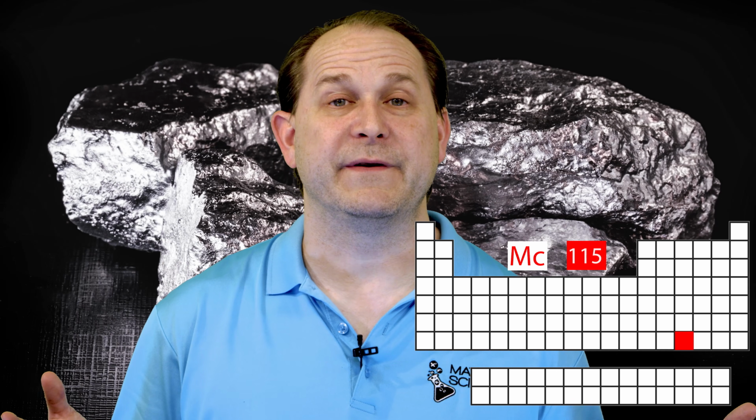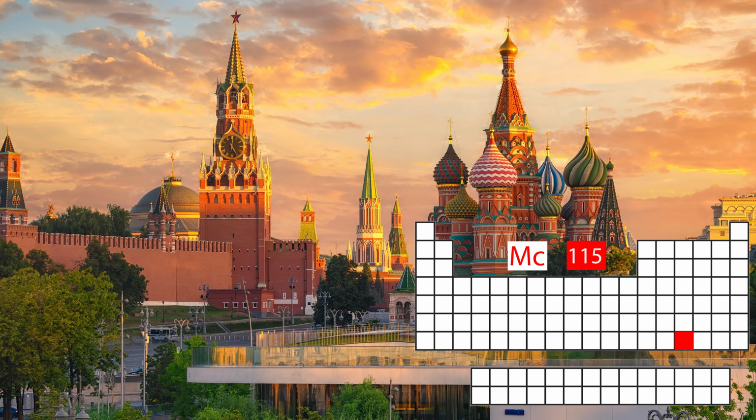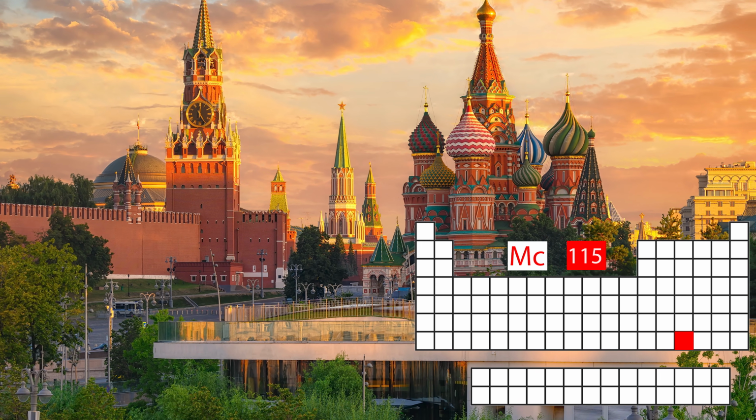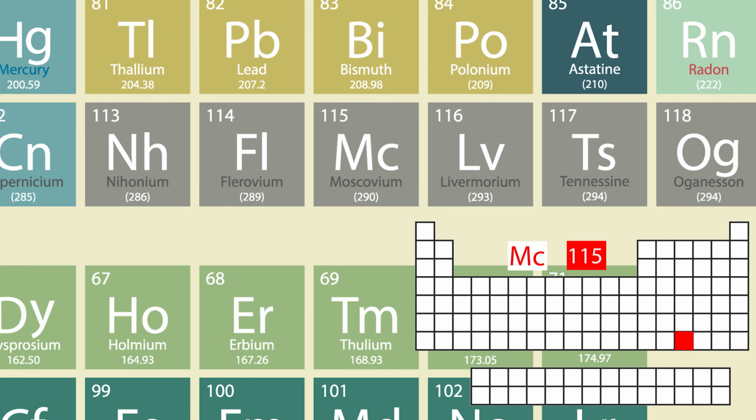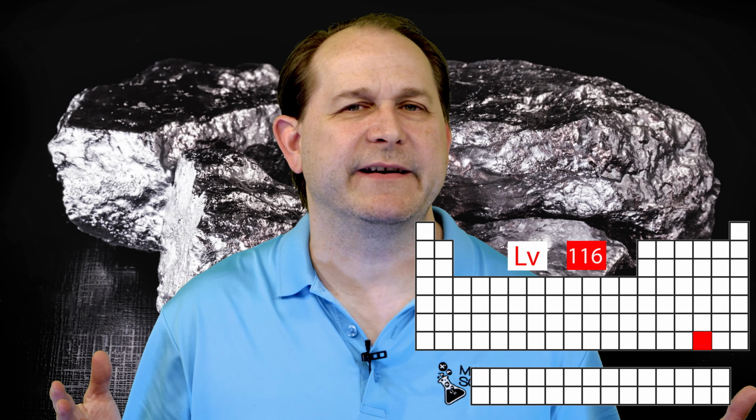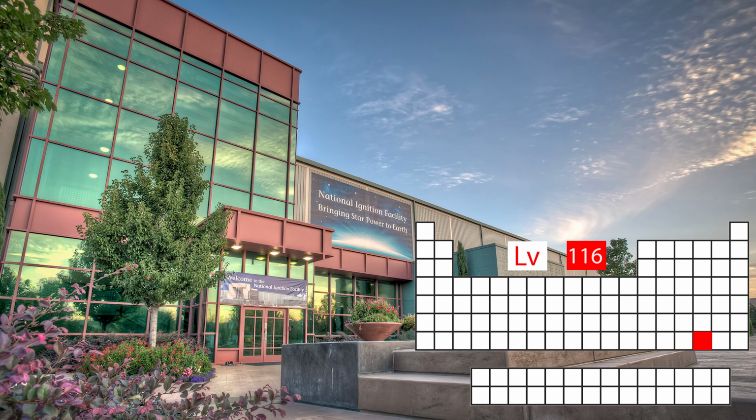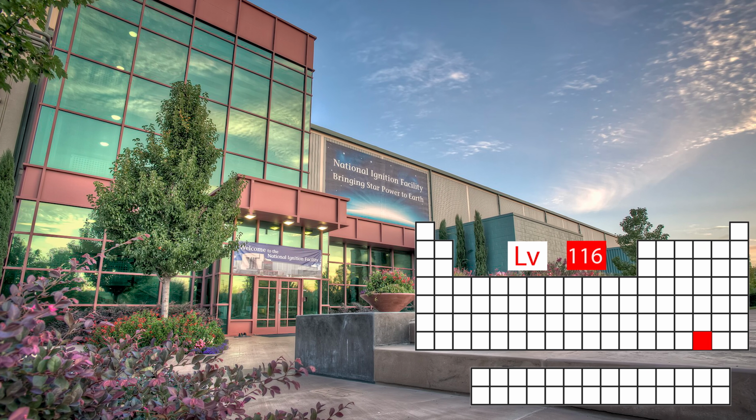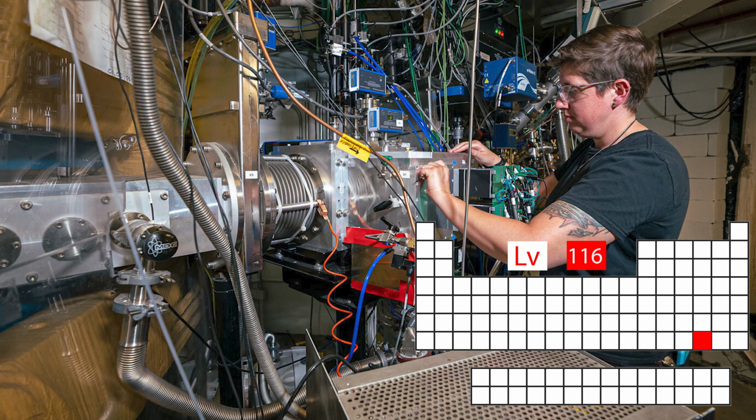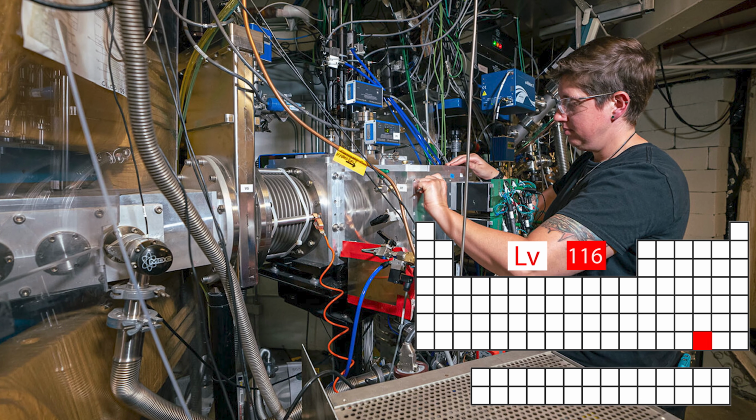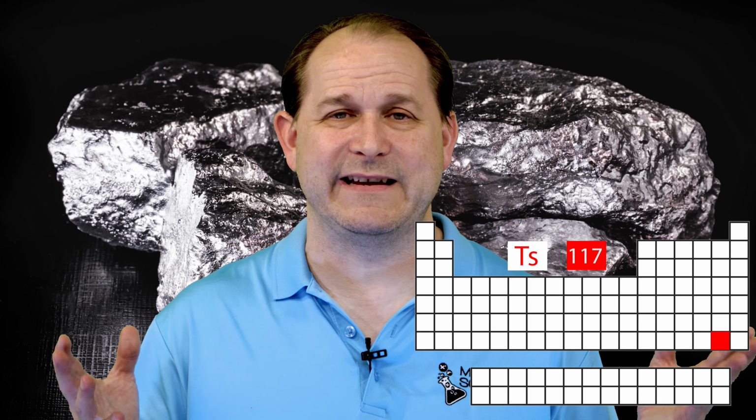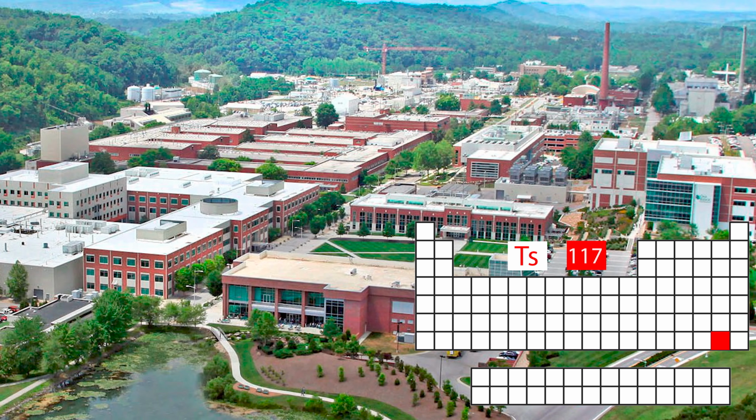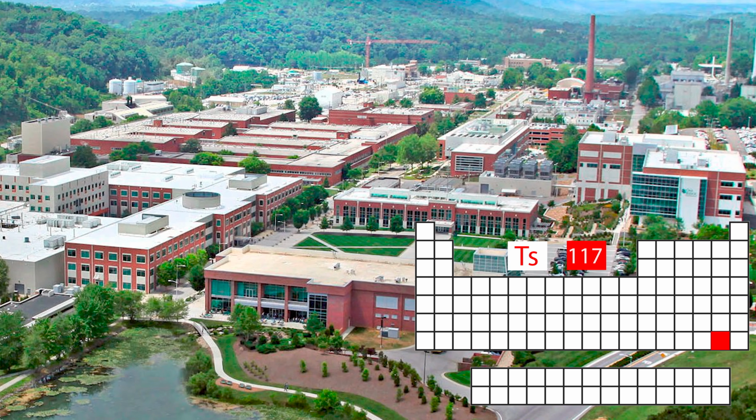Element number 115, moscovium, named after the Moscow region, of course. Fun fact, all known isotopes have half-lives of less than 1 second. Element number 116 is called livermorium, named after the Lawrence Livermore National Laboratory. Here's a fun fact, only a few atoms have ever been created of livermorium. Element number 117, tennessine, named after the state of Tennessee. Fun fact, it's the second heaviest